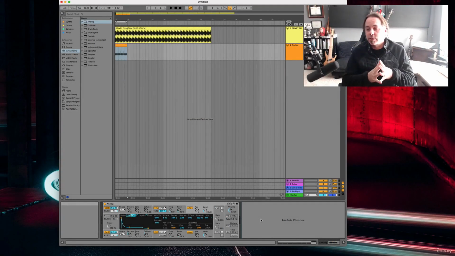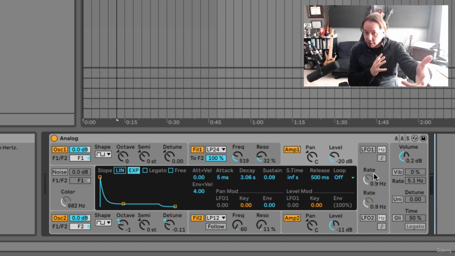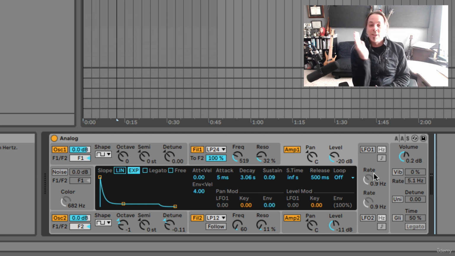Okay, LFO stands for low frequency oscillator. It's another oscillator, right? Remember, oscillators just go back and forth. These oscillators go back and forth in such a fast way that they generate a frequency. Low frequency oscillators go back and forth very slowly, too slow to make a frequency, but still they're a thing